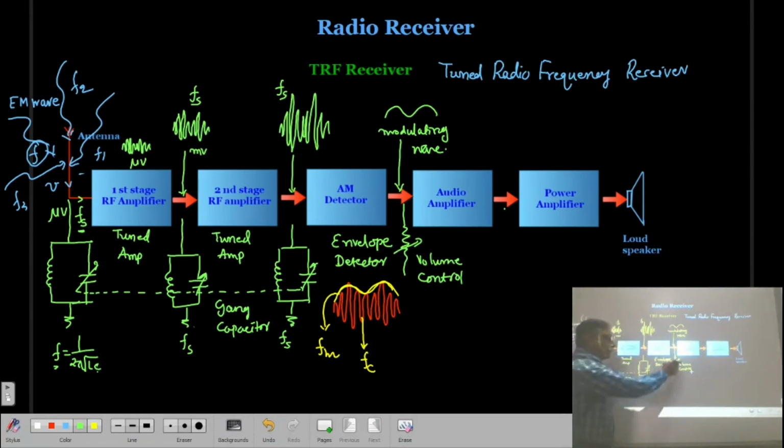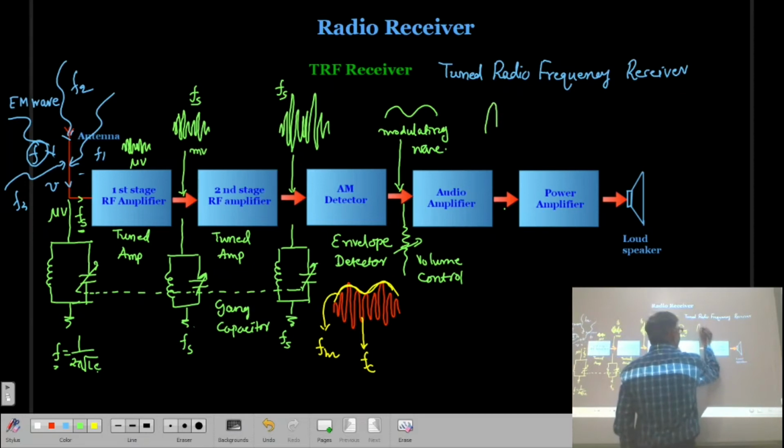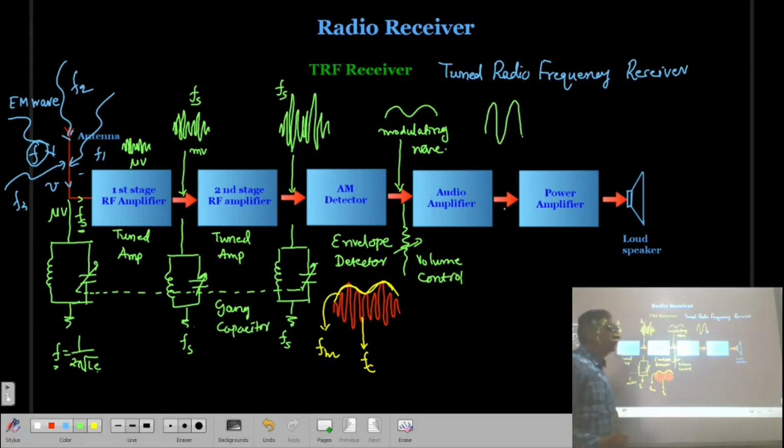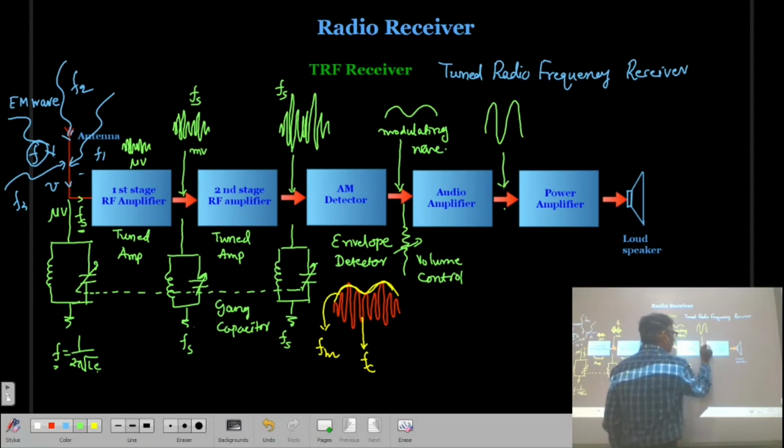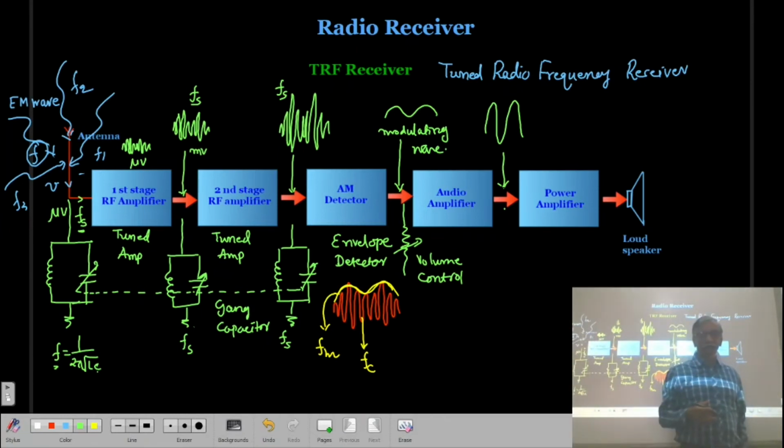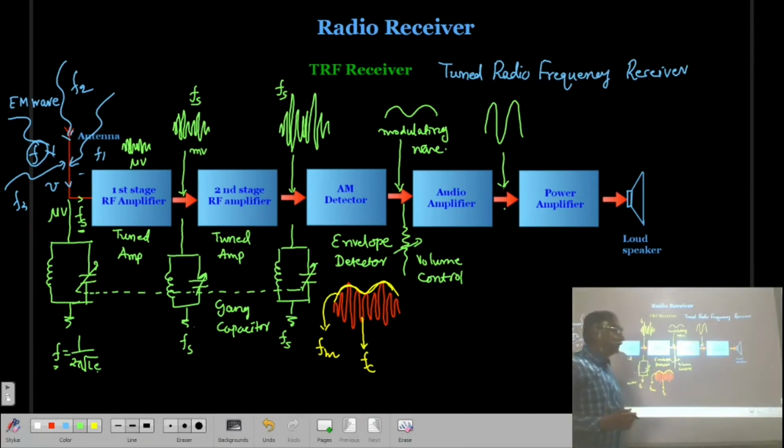Correct? So the audio amplifier, you can say it is a kind of pre-amplifier. It is a class A amplifier. The bandwidth of this amplifier will be up to 20 kilohertz. After the proper amplification, we have this signal at this point before we apply it to the power amplifier. And we know that for the power amplifier, we have to apply a large signal. Then only it can drive the loudspeaker. If the amplitude of this signal is in the order of a few millivolts, then the power amplifier doesn't work.